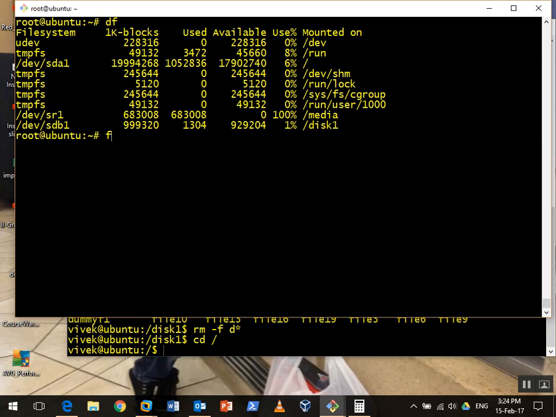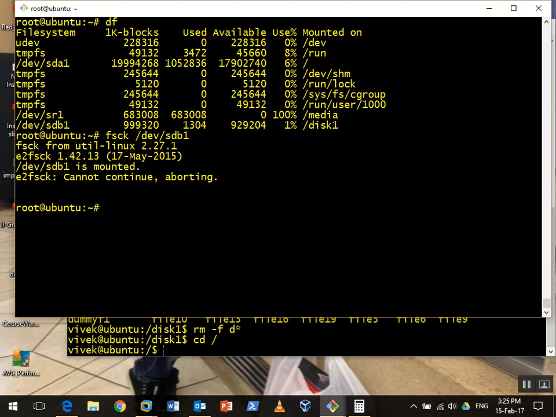If I try to run fsck, that is file system consistency check. fsck is my file system check utility. So what we are doing by using fsck is checking our file system for errors. There are two versions of fsck, one is fsck and the second is e2fsck. So fsck /dev/sdb1, if I am trying to do,